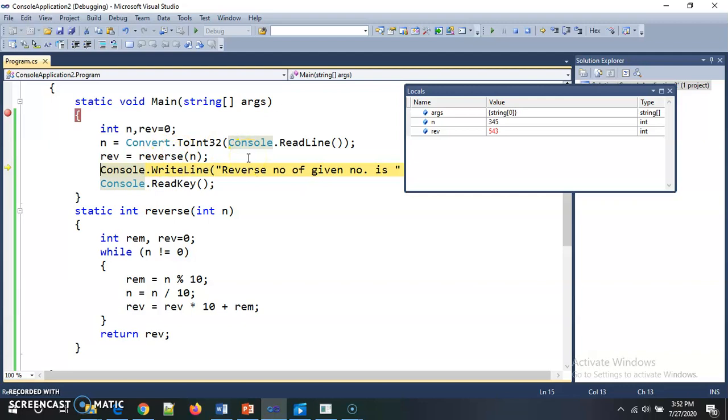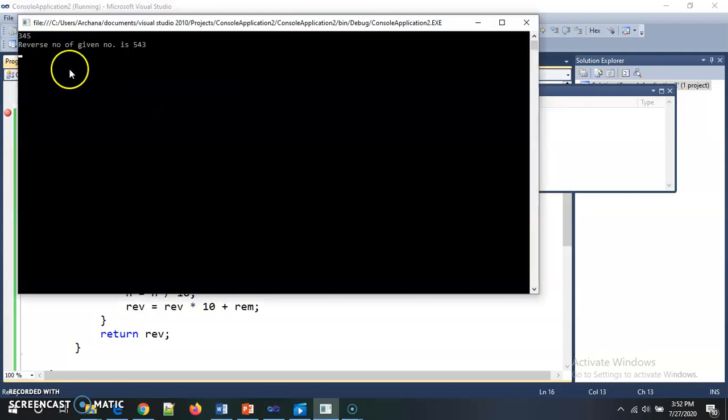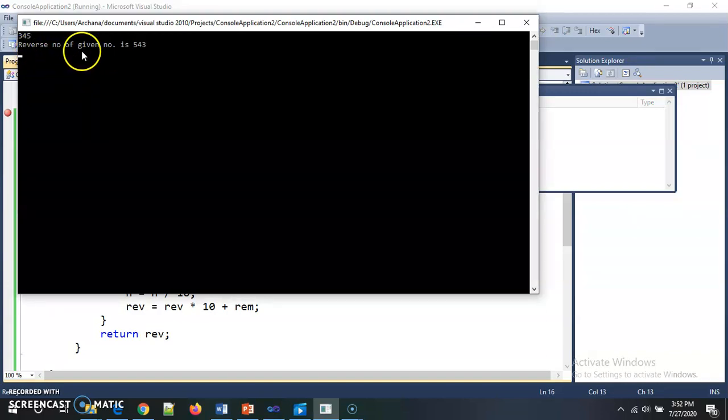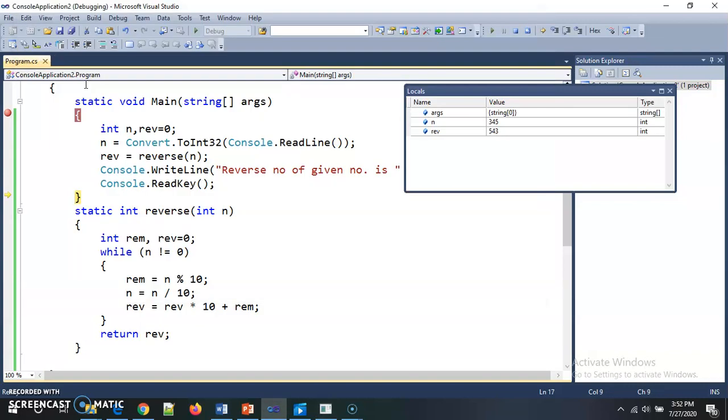Now we will go to the next line, and the message is printed: reverse number of given number is 543. If I press the key, then this Console.ReadKey function will be terminated and control goes to the end of this main block.